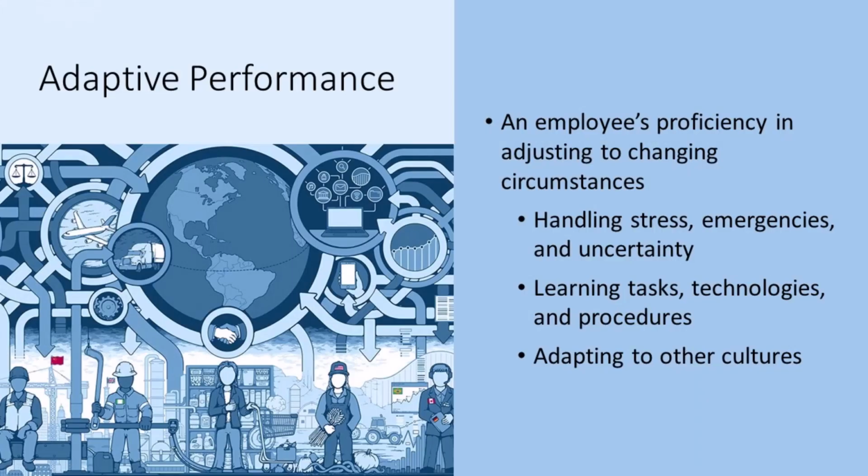In 1999, Campbell and colleagues noted that an additional component might be worthy of study: the ability to adapt. Today, this ability is arguably more important than ever due to the rapidly changing nature of work, technological advancements, and globalization trends. Then, in 2000, Pulakos and colleagues proposed a taxonomy of adaptive performance. According to their model, it involves the ability to handle emergencies and unpredictable situations, learn new work tasks, technologies, and procedures, and demonstrate cultural adaptability.